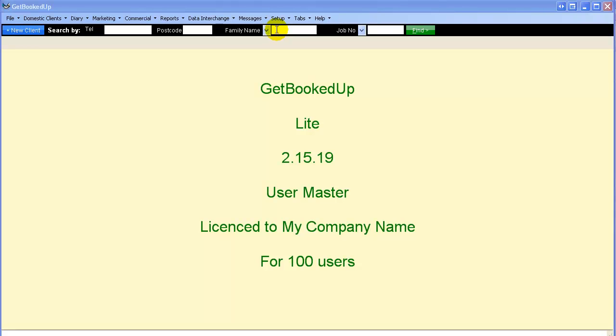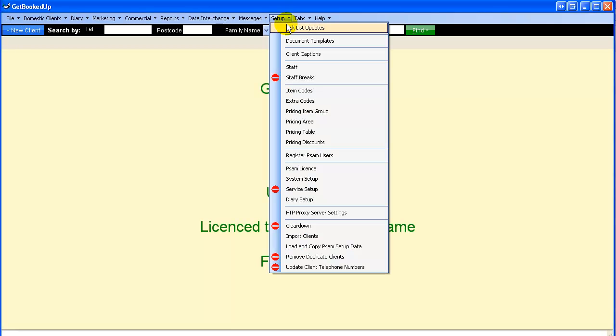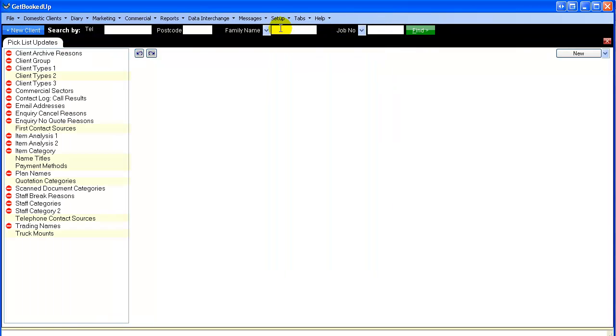So let's take a look at how we set up your pick lists and your client captions within Get Booked Up Professional Plus Edition. From the file menu at the top, it's under the setup, and then we've got pick list updates is the top one. If we click into there, you'll see the fields that you can edit yourself and add items to within the